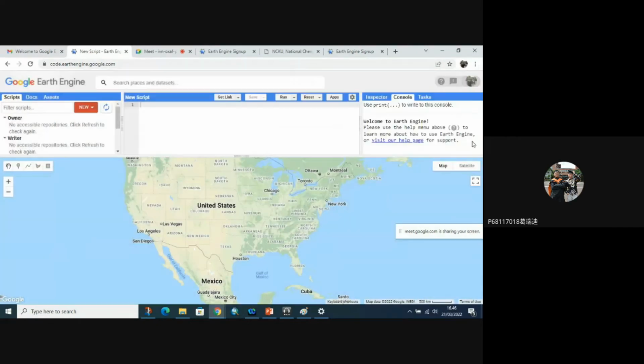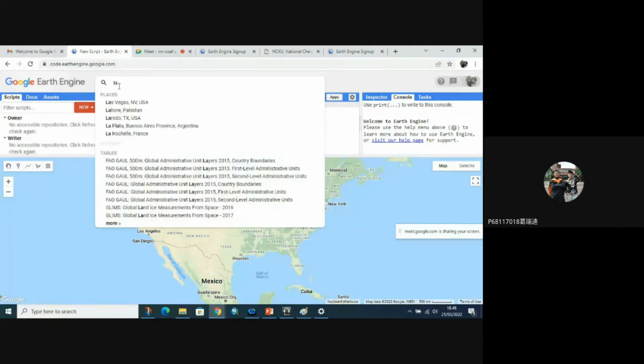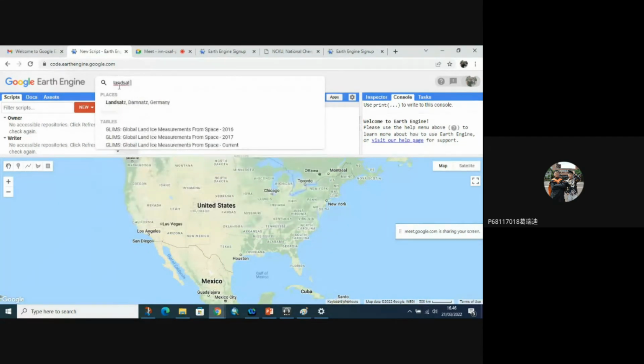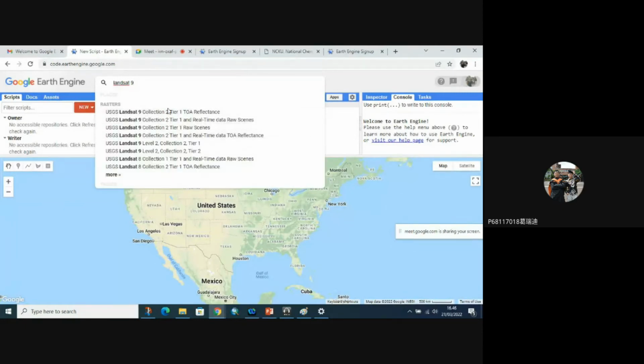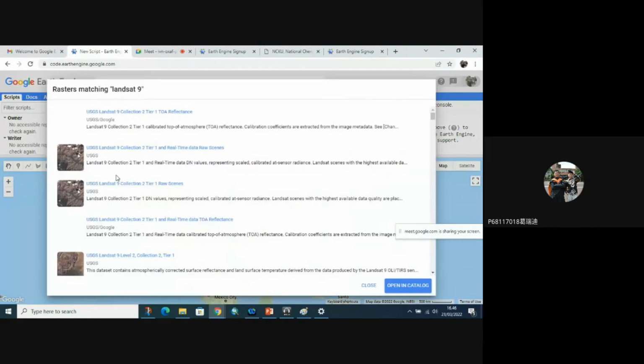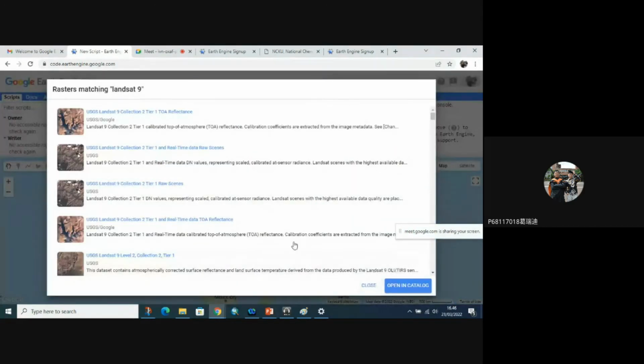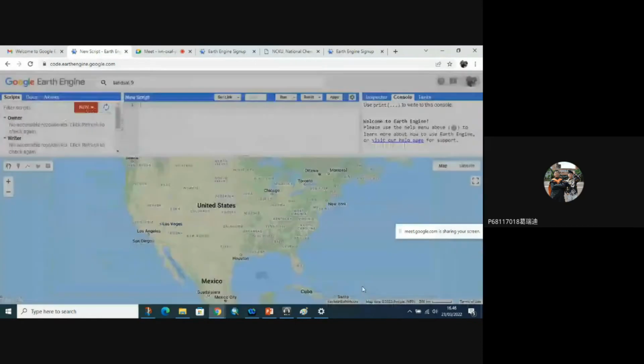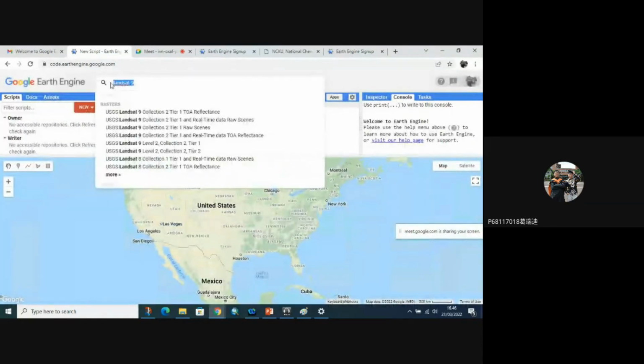Okay, the cloud project. This data is provided. We can find the Landsat, for example, Landsat 9, already provided by Google Earth Engine. You can find everything through this search box here.